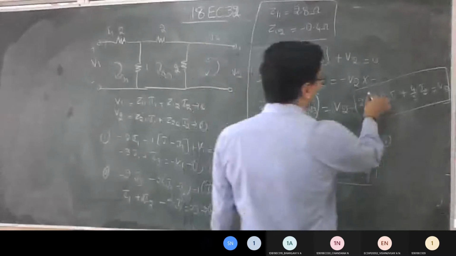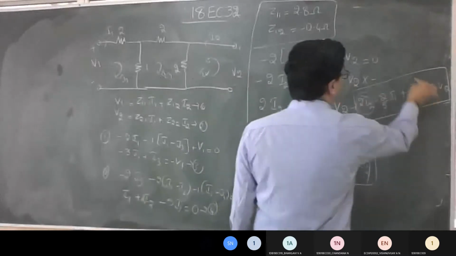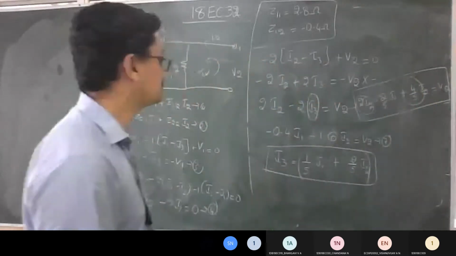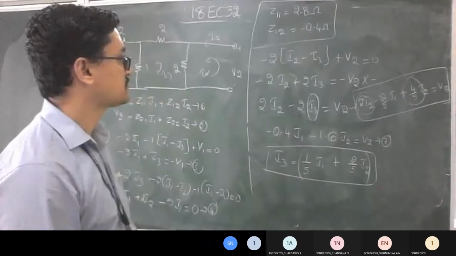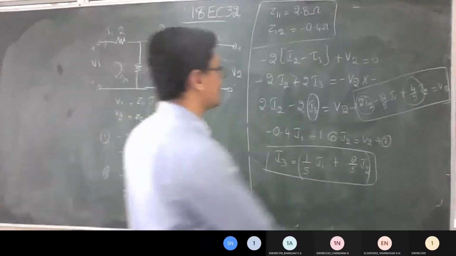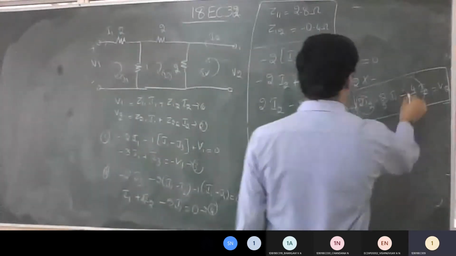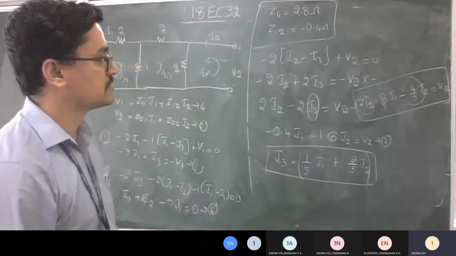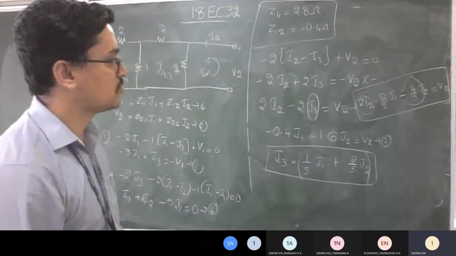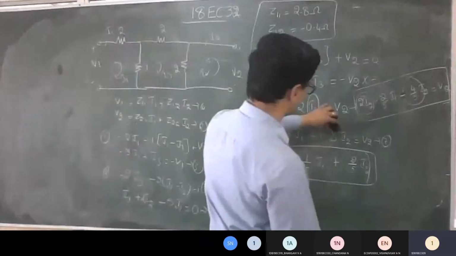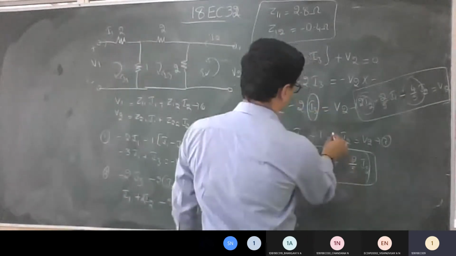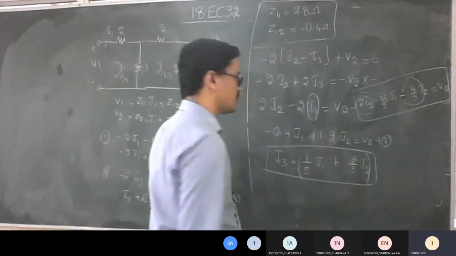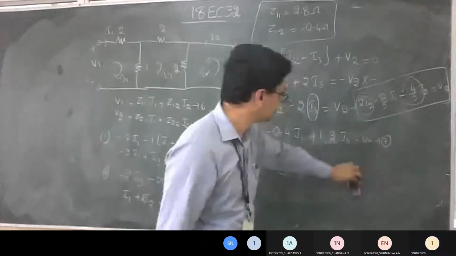Look at here, what I wrote, it's 2 I2 and plus 4 I2, correct? I think this is also minus, no? Yes, sir, there will be minus. So 2 minus 4 by 5, it is 1.2, sir. Minus 0.4 I1 plus 1.2 I2 equals V2. Okay, now I think this is fine.